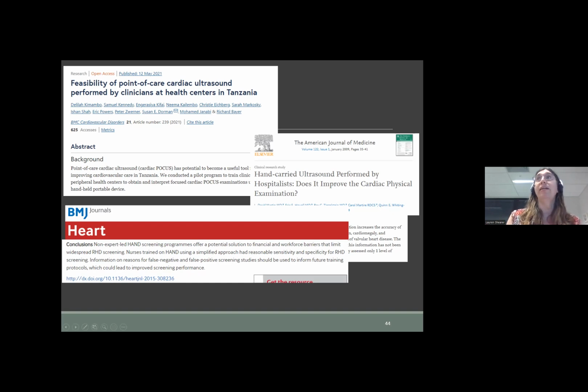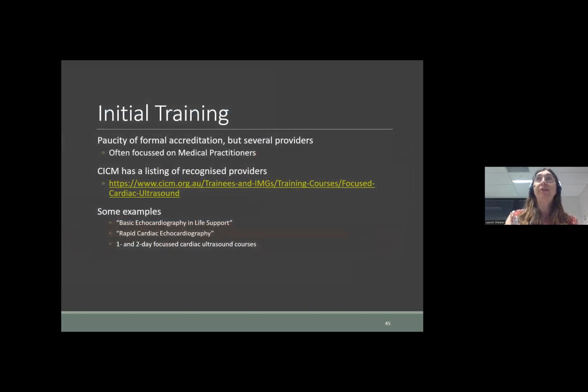Your initial training in point-of-care ultrasound should generally be through a registered provider. There is a paucity of formal accreditation, but several providers are available. They are often focused on medical practitioners, though. I do like the College of Intensive Care Medicine, which in 2014 decided that all of their trainees would need